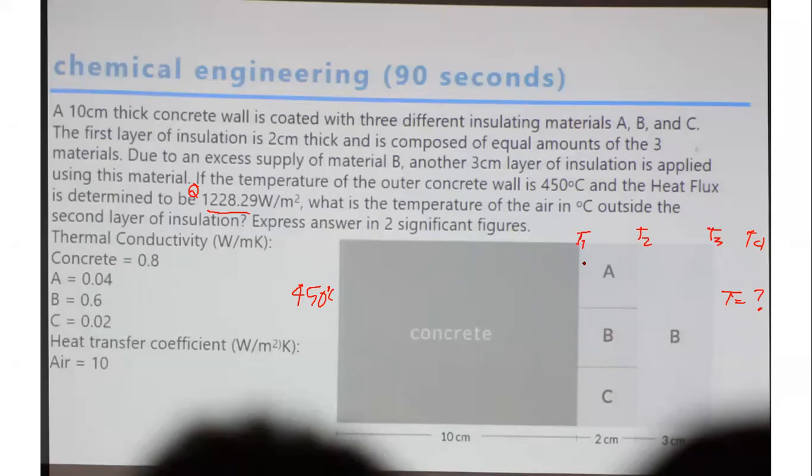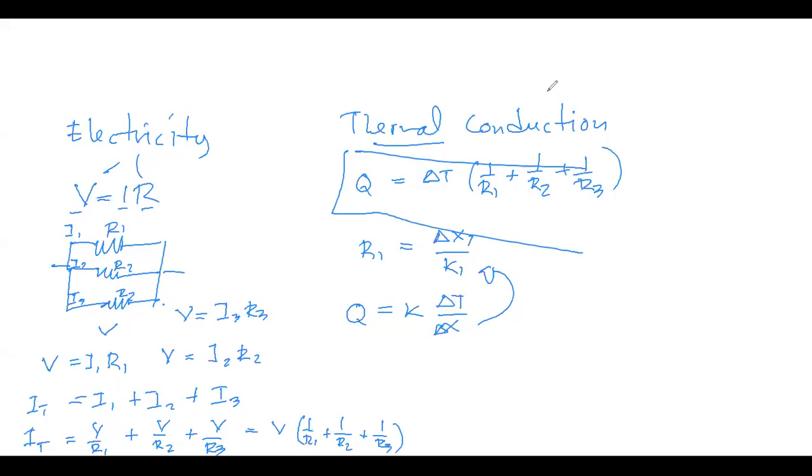Okay, so let me share a whiteboard. Let me clear this out. Okay, so let's do it step by step first. Then later we make it one equation. Is that clear to you? So let's start with the Q equation, which is equal to delta T over R. This is our first equation, so that we can solve for T1.